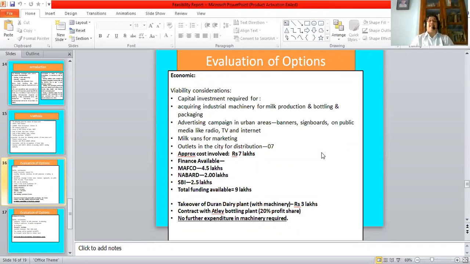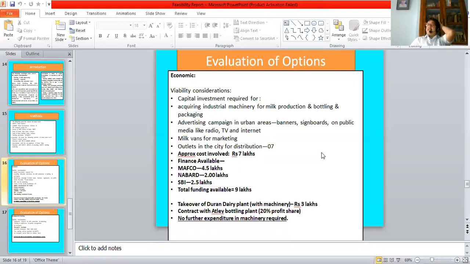Now, the takeover of the Durand Dairy Farm with all its machinery will cost rupees 3 lakhs. The further contract also needs to be signed with Atlee bottling plant. So they are signing a contract with about 20% profit share. Now you can enter into a contract of any type, and no further investment in the machinery is required. Okay? So this is a strong plus point and a good money saver, because you see,